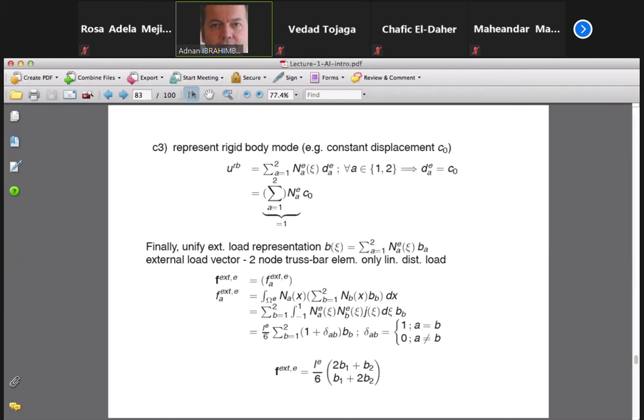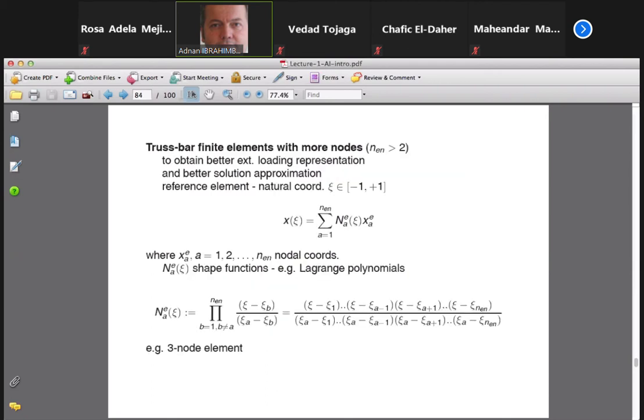Okay, now, if you are not happy with the truss bar, which has only 2 nodes, then you can switch to a truss bar which has 3 nodes. So basically, what we do there is we obtain a higher order representation of the geometry. In other words, what we do is we take